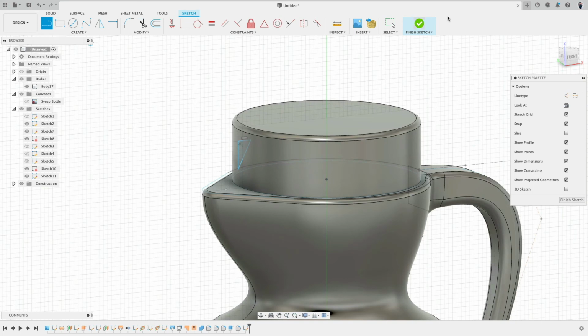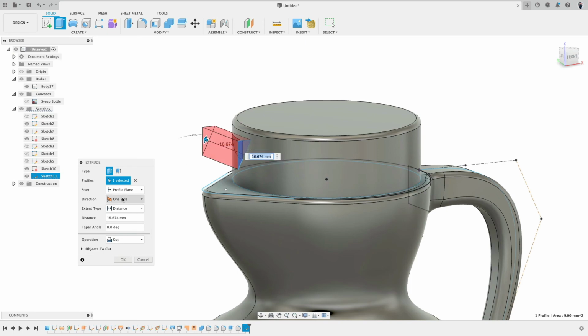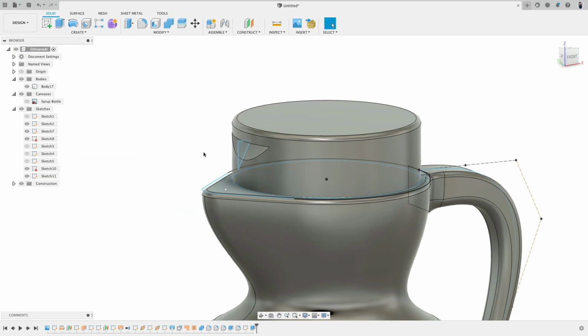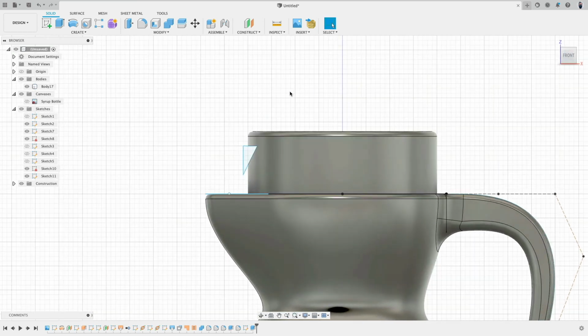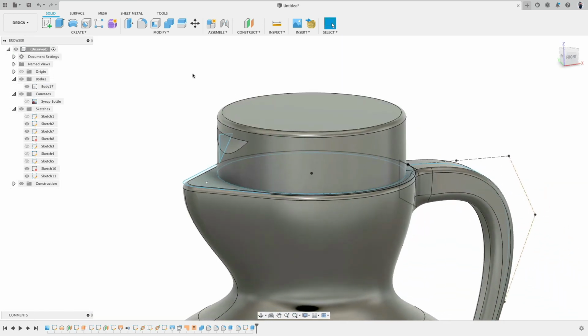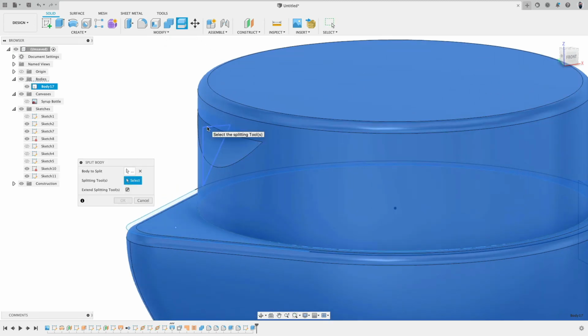There, and then we extrude that thing this way. Symmetry. There we are. So it looks like I can just pull something up, and now I would like to split that thing, split this by just